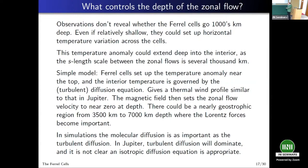We don't actually really know whether the primary source of turbulence is the convection down there, or whether it could be due to baroclinic instabilities, because the jets, of course, have these horizontal temperature gradients, so we could expect baroclinic instabilities occurring. So the baroclinic instabilities could be leading to turbulence. It may even be that it's not necessarily rotational turbulence which is actually driving the